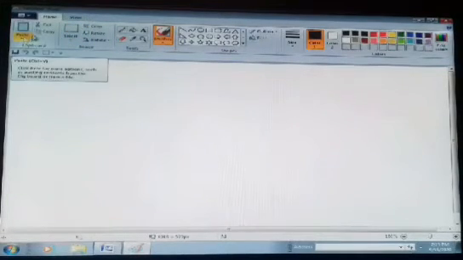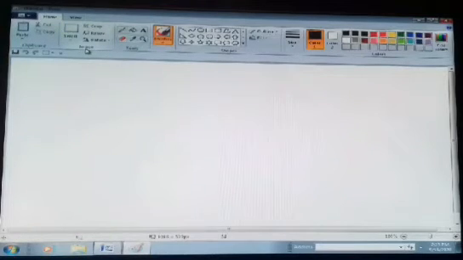These are all the tools. This is the clipboard group, this is the image group, this is the tools group, this is the brush group, and this is the shapes group. This is the size, and these are the colors group. Here you can see all the colors.